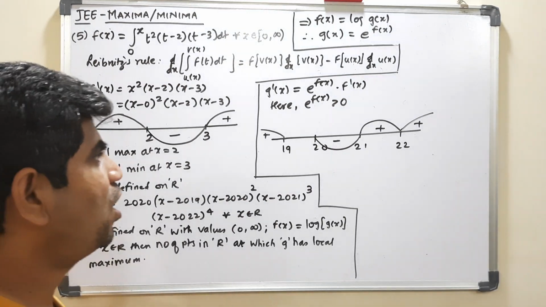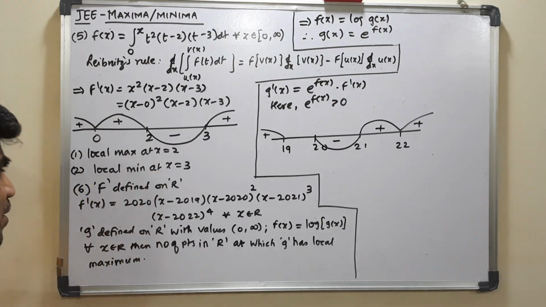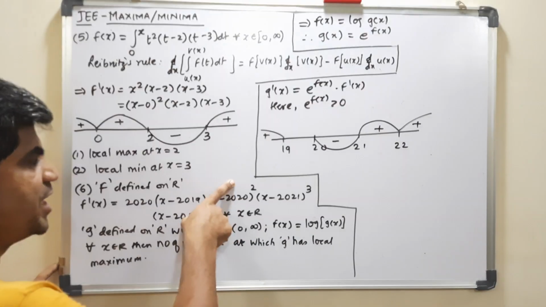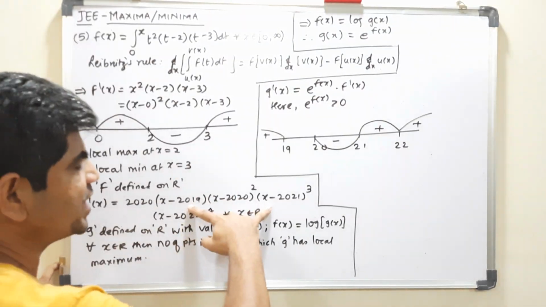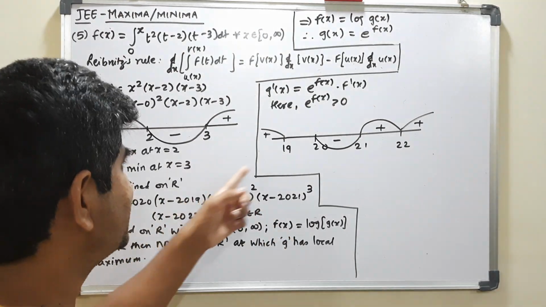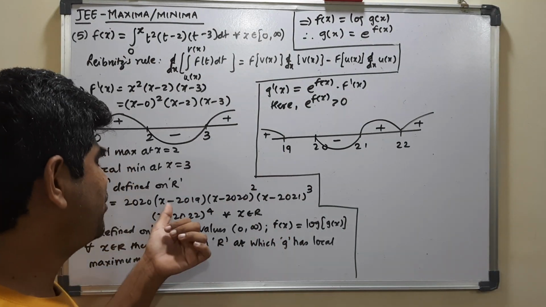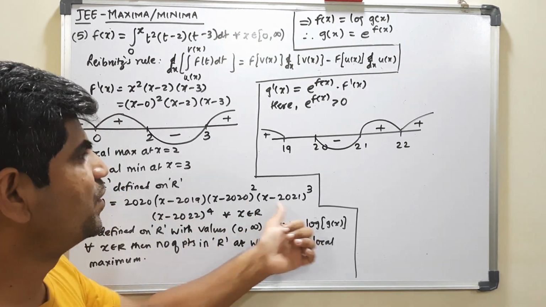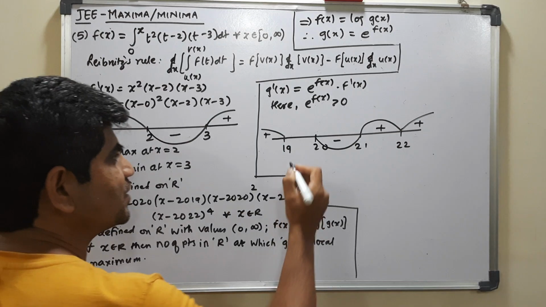And then obviously I have between 19 and 20. 19 and 20, this and this, so I am not checking. Only two places I will check because these are going to be positive only always. So these two I am checking, that is 19.5. At 19.5, this is positive and this is negative. So it comes like this.